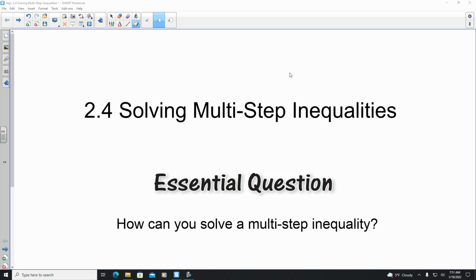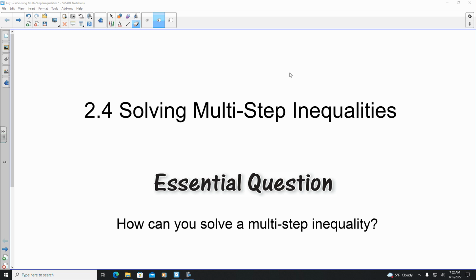Welcome to the video. In this lesson, we're going to be looking at section 2.4, where we're going to be solving multi-step inequalities. Essentially, what we're doing is just combining lessons 2.1, 2.2, and 2.3 together,